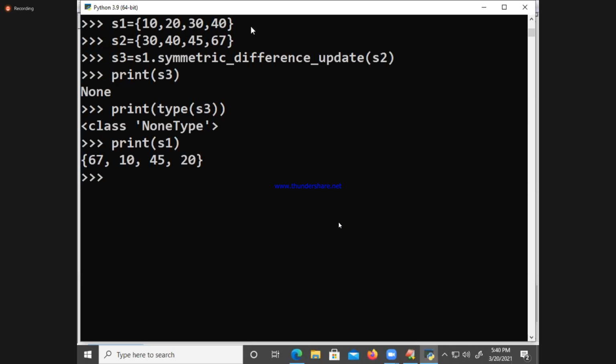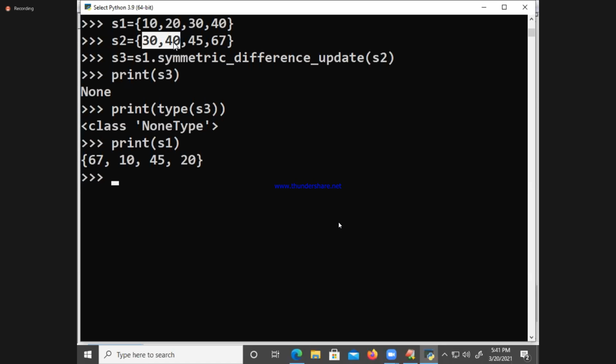See what is coming? 10, 20, 30, 40, updated with exclusive elements of S1 and S2. What are those elements? 10, 20. And the other elements from S2, 45 and so on. Which elements are removed?